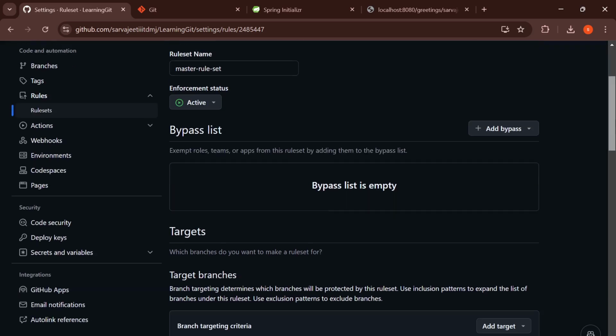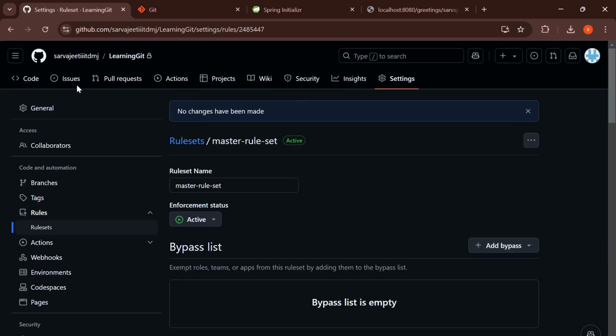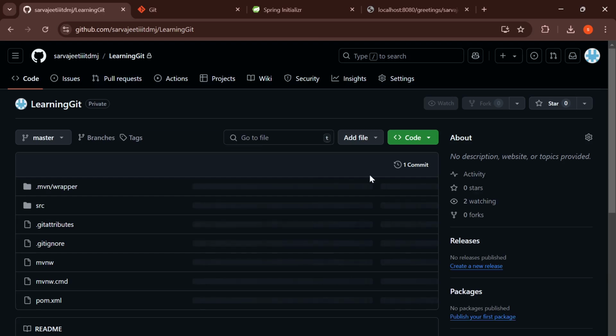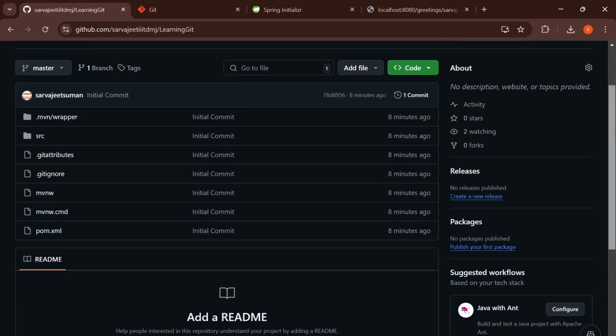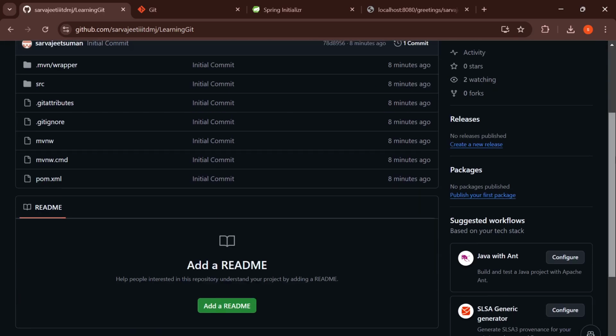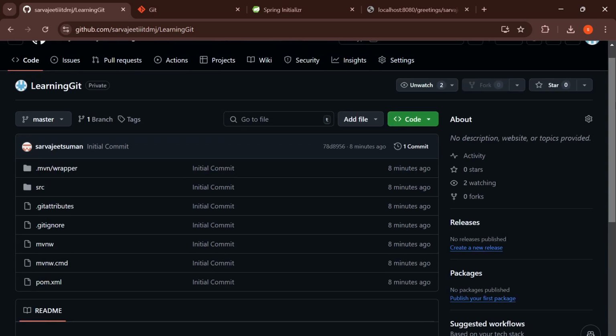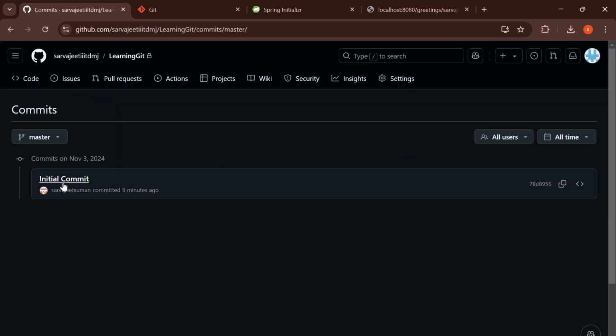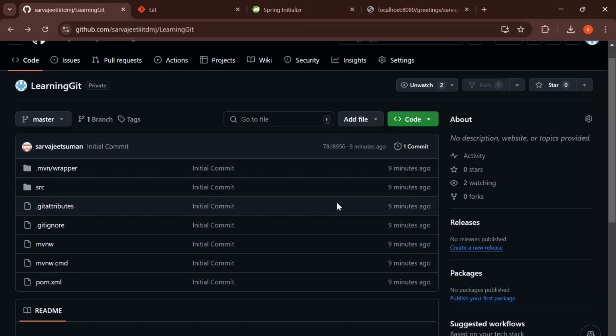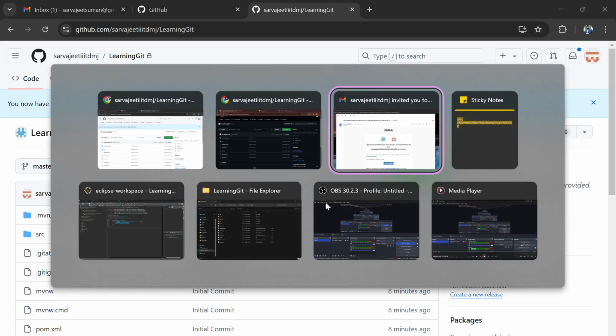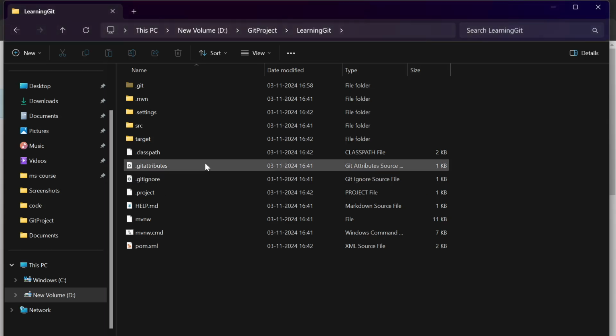Okay. So right now the rule sets have been created, and what we will do is create another commit in the master branch, and we will see whether we are able to push or not. Right now only the initial commit is there. So we are going to go to our local and create a branch,